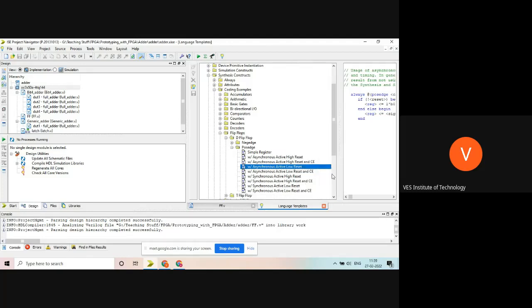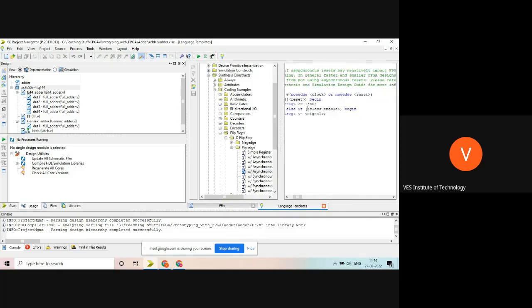I am selecting this asynchronous active low, active high reset or something you can add consistently here. If you do not want to add clock enable, fine, but here I have added the clock enable. So posedge of clock, negedge of reset. If not of reset, 1'b0, and else if clock enable begin reg. That's it. It is that simple.